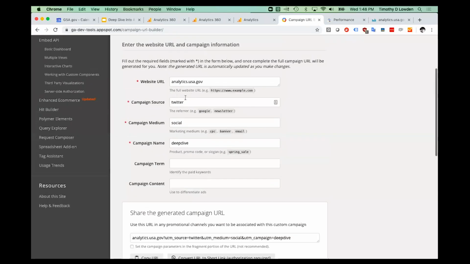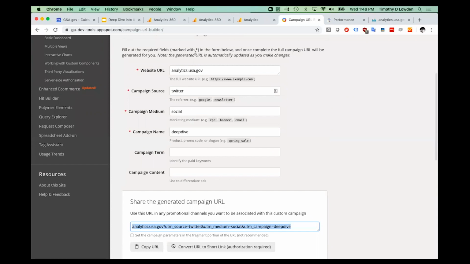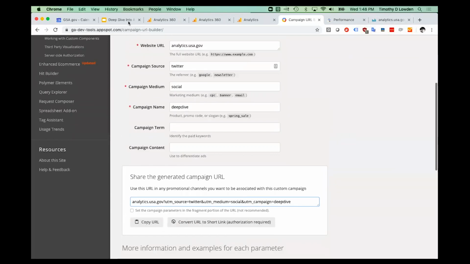So if you put this information in there, it spits out this URL for you. And once you know how this works, you don't even need this particular site. You can just add UTM source and whatever yourself. If you want to just remove deep dive and write something else in there, it will work. So what this does